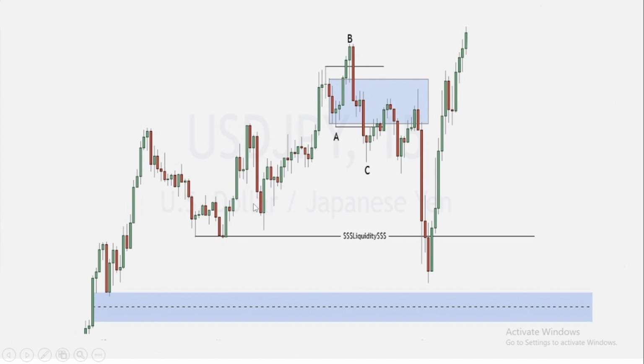It has been going higher, higher, and then higher. And when we reached here, this swing here created an order block, right? And then as price came here, it took the liquidity above here, creating a break of structure, and then boom,